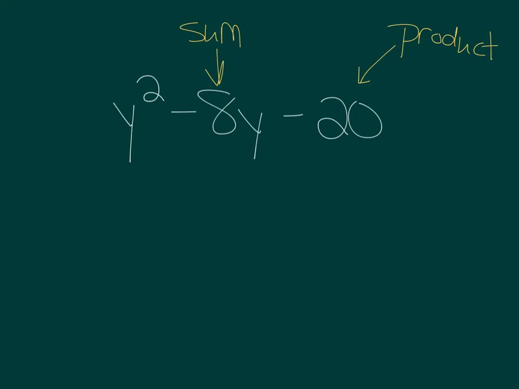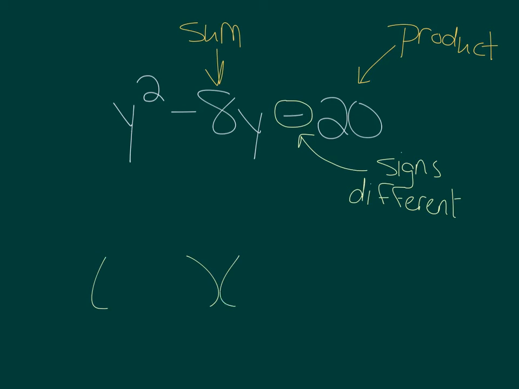So if the last term is negative and it came from a product, what does that mean of the two things you multiplied? The signs have to be different. So we have this trinomial that we're going to factor into two binomials. This first term, y squared, is going to be y times y. Now, negative 20. How could I get